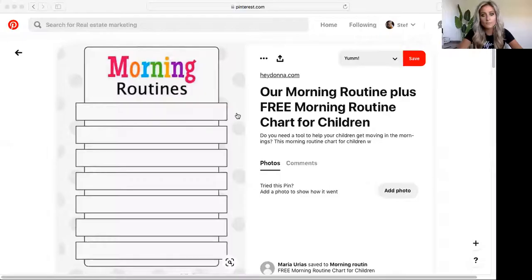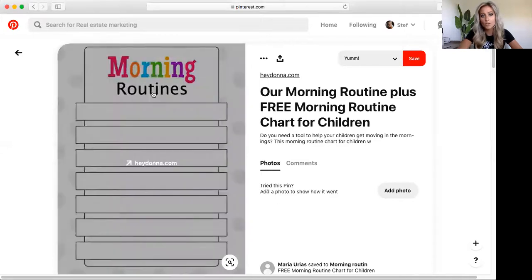This one says morning routine. Let's see. This is morning routine, but it's basically a blank fillable time slot routine, and you can always change it to morning routine, afternoon routine. This is really great because it's a visual and it will really help the students see exactly what you're going to do, and teachers do this in the classroom, so exactly what's going to be done and when